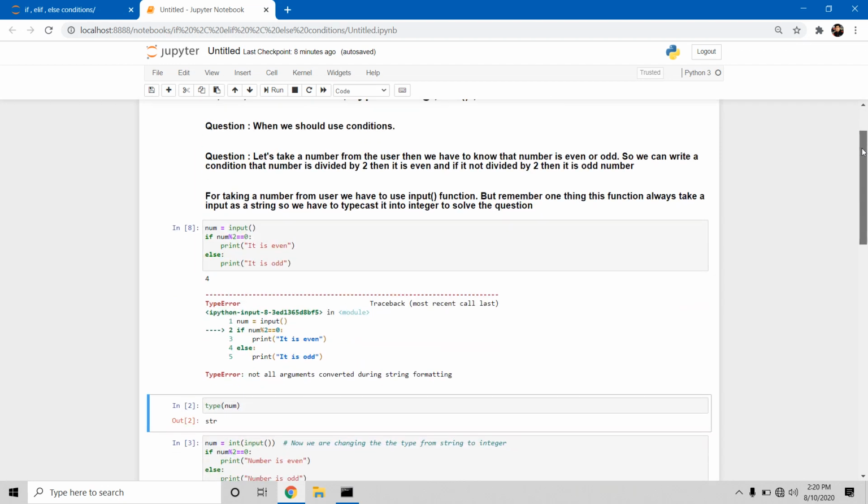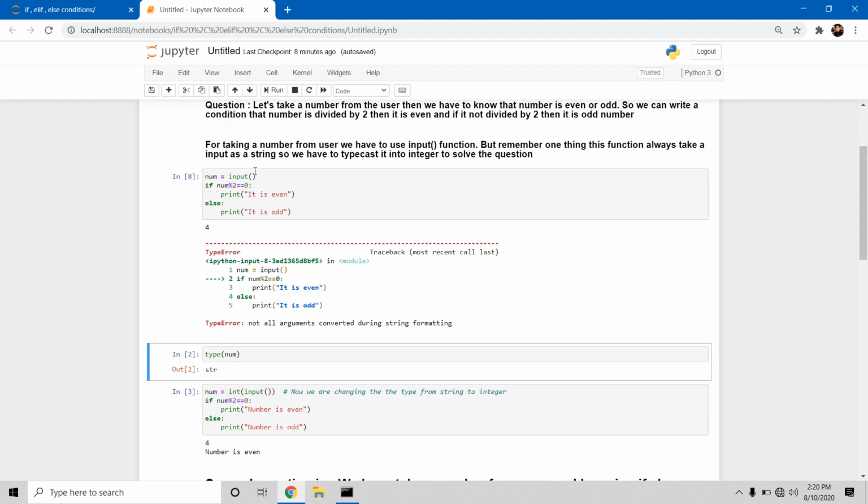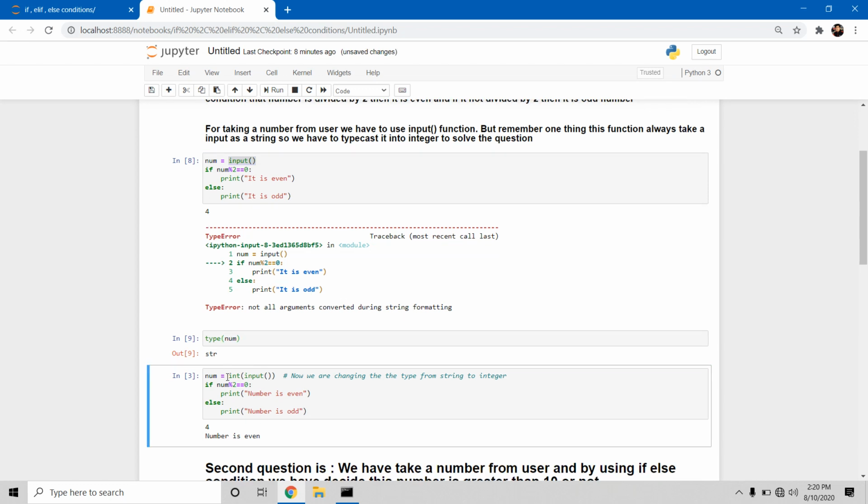We should always remember, if we are using input it always takes a number or anything as a string, so we have to convert that into an integer. For that we have to use int outside the input, so that it converts it into int and then stores it into num.